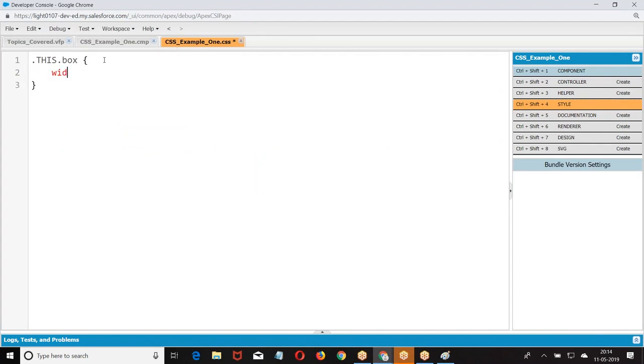Okay. Now let me give you this. I was giving width. Right. We applied width, height, border.